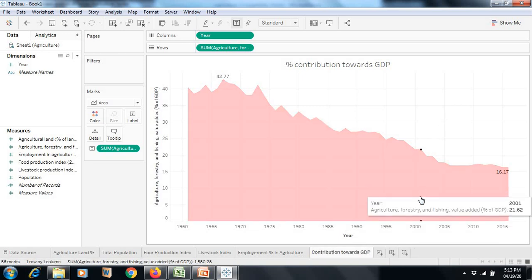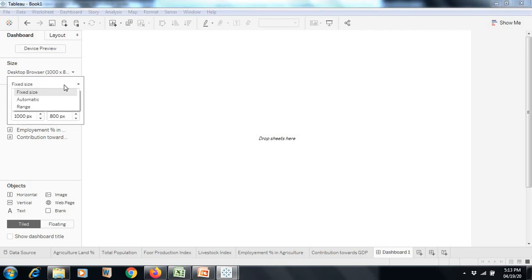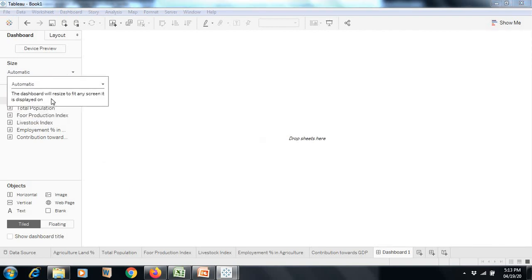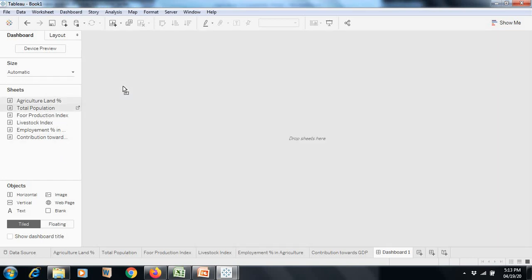Now I want to prepare a dashboard. This is a symbol which reflects a dashboard. I click here. Instead of fixed layout, I want to make it an automatic layout. So this is my total population.